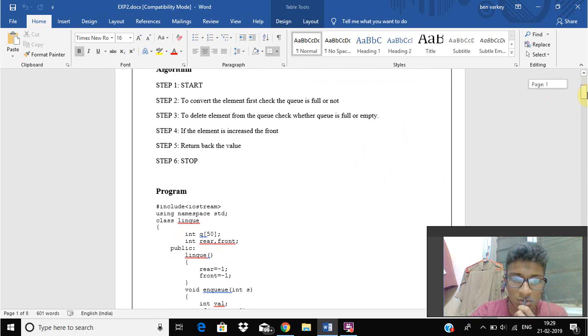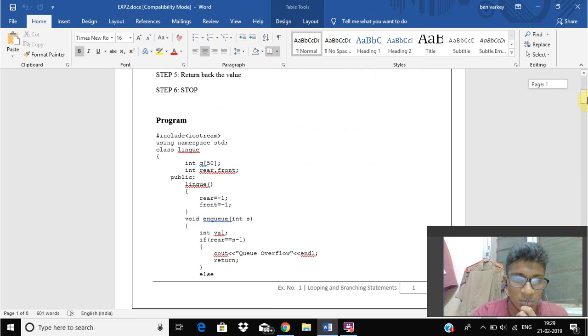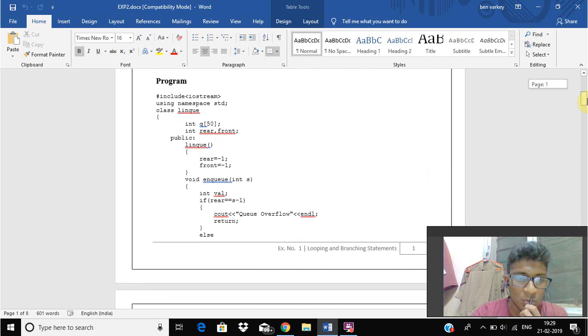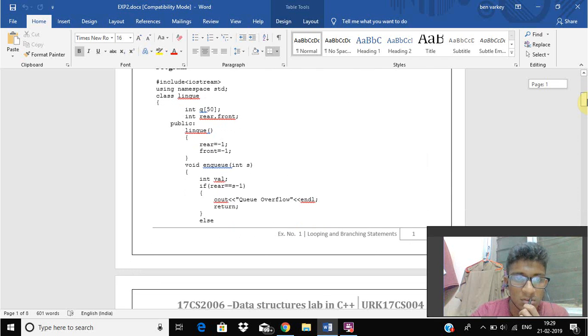First, this is my program for a linear queue. I have created a class LinearQueue with a queue as an array of size 50, rear and front as int, and a constructor. I have also initialized rear and front as -1. This is my enqueue function,